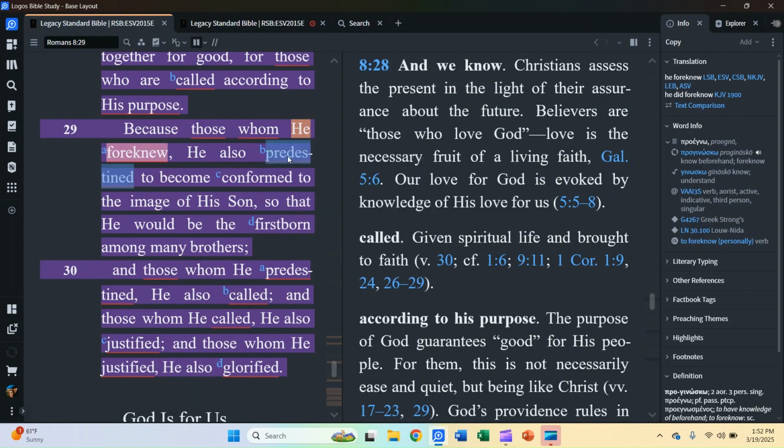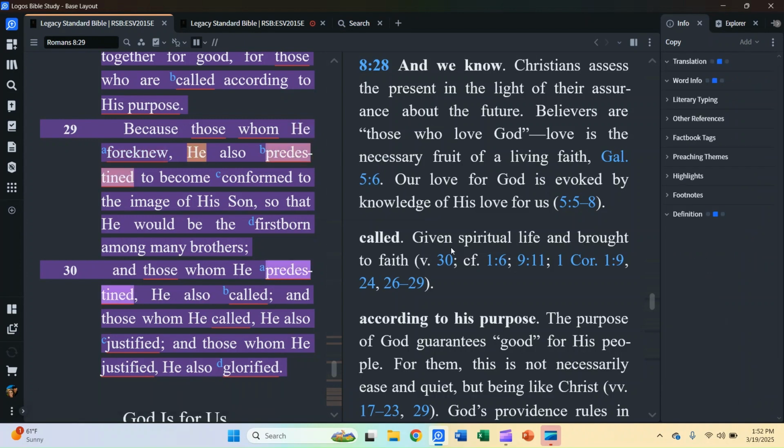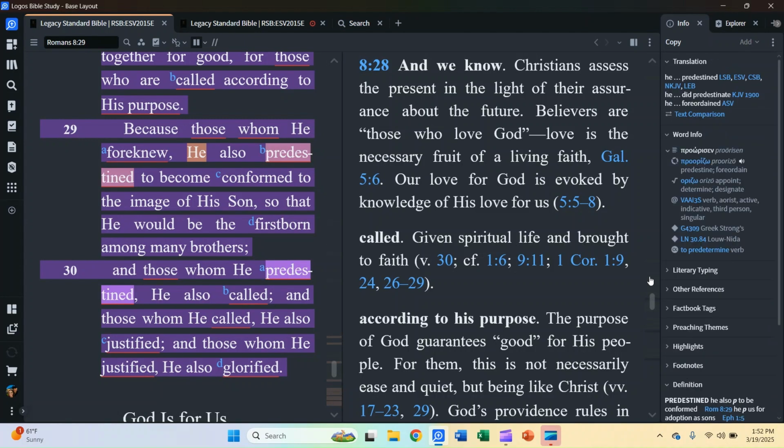This word predestined, in the biblical sense of the word in the original Greek, is this word, prorizo. Okay, so this could also mean to foreordain, to determine something ahead of time or before its occurrence. So he befriended someone ahead of time to be conformed to the image of his Son. We can see right there that he did every bit of it.